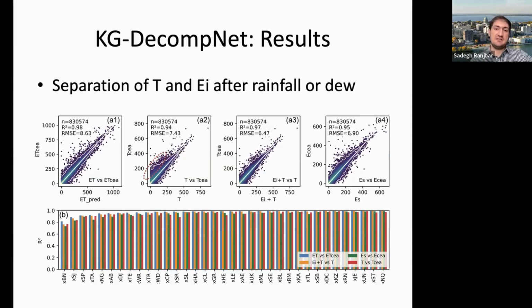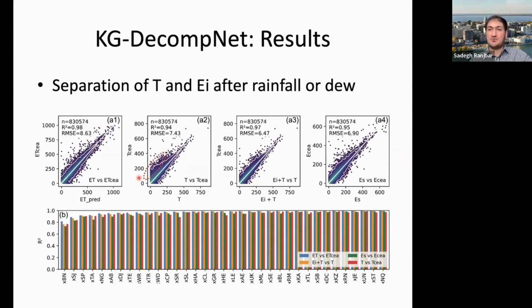For example, if you see subplot A2 and subplot A3 here, you can see the CEA derived transpiration from the Zhan 2024 study compared with the transpiration that we created here. We can see that some data are off from the CEA transpiration, which is the intercepted evaporation that we expected, because we made an assumption in our study that